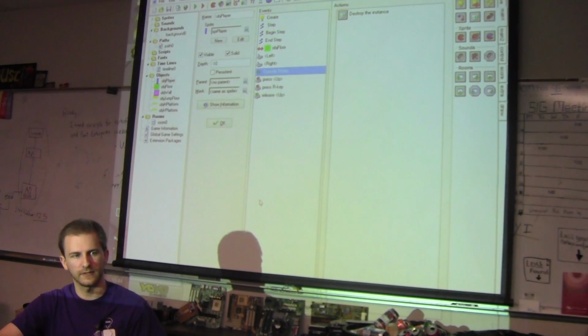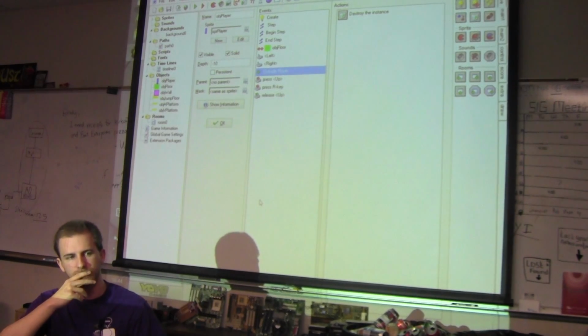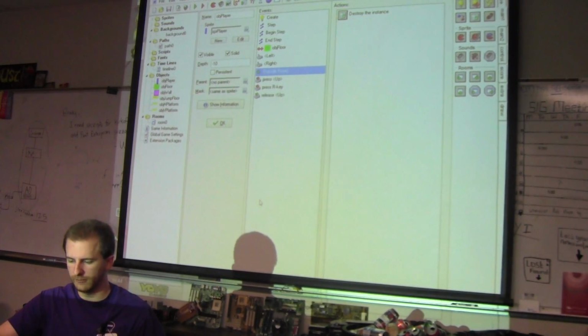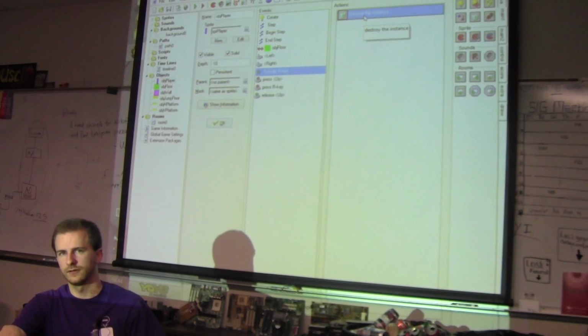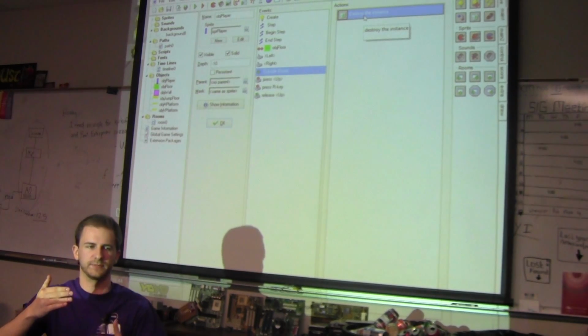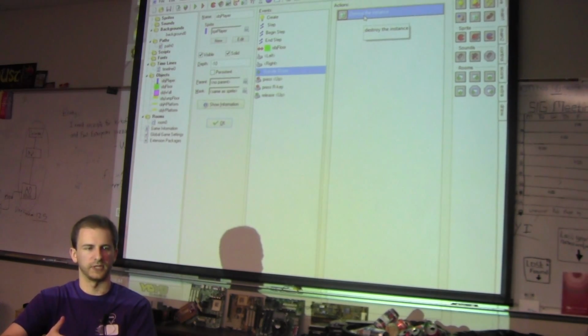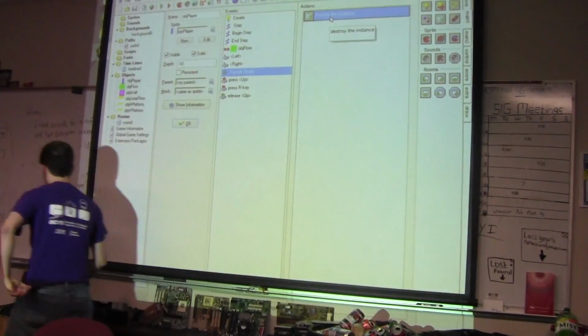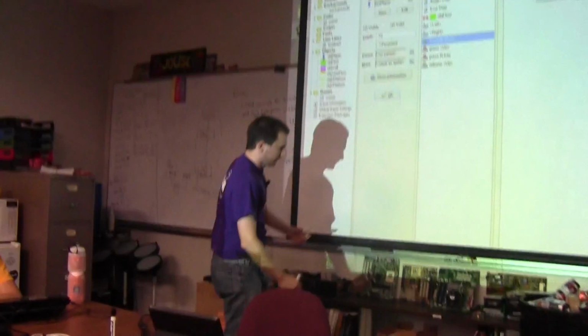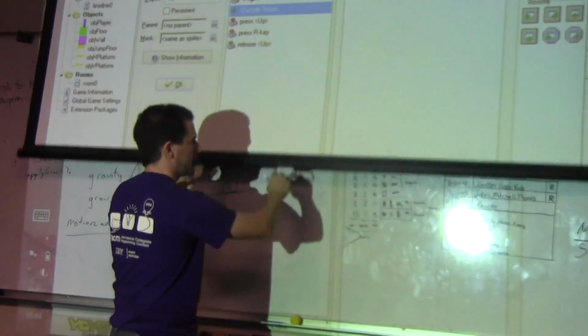Can you specify, like, everything behind you, with the exception of things in front of you? You would probably want to do that with an outside room. You could do a check to see if it's beneath the player or beneath the room. Let's see. There's probably a better way to draw this up. All right. So what you're saying is,